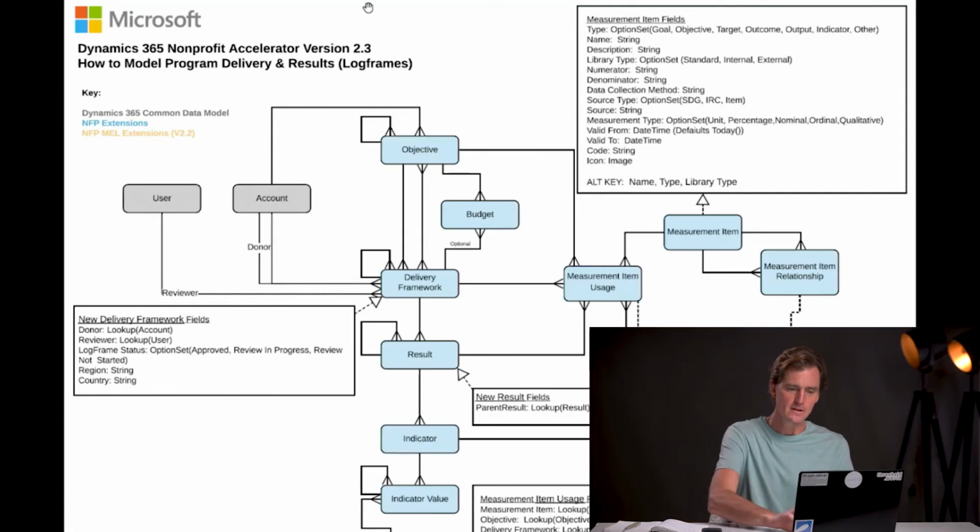And the model that we've built here allows for you to do both of those in parallel, which I think is one of the best innovations. And then of course, the last key entity is this measurement item usage, which sets up the relationship between the item and the relationship, which you want to think of as a measurement library, and the actual connectivity all the way across the delivery framework spectrum from objective all the way down to indicator.